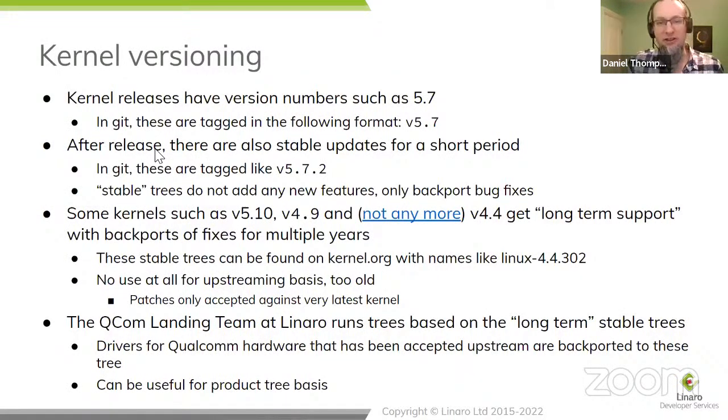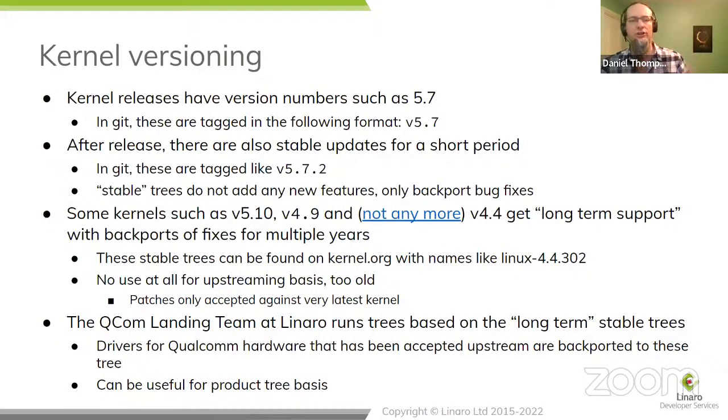Immediately after that version is released, it is declared stable. It becomes the stable kernel. And there is only one stable kernel at a time. The others are long-term support or long-term stable, but there's only one stable kernel, and that's the one that Linus has most recently released. And it will get updates for a short period of time after release. So we're expecting kernel 6.1 to be released shortly. It will become the new stable kernel, and it will get a few patches applied to it as we work through. Stable trees do not accept new features, but they use that fixes tag and a couple of other mechanisms to backport bug fixes to the stable kernels.